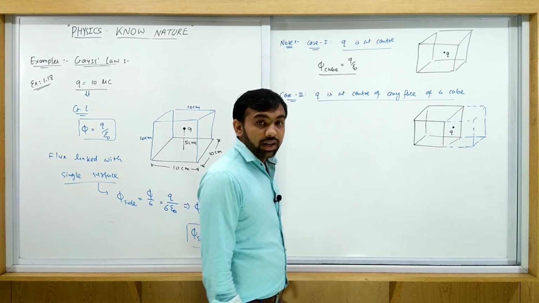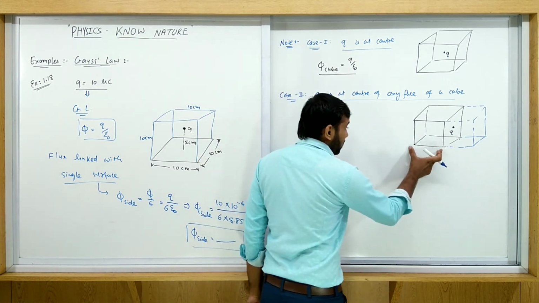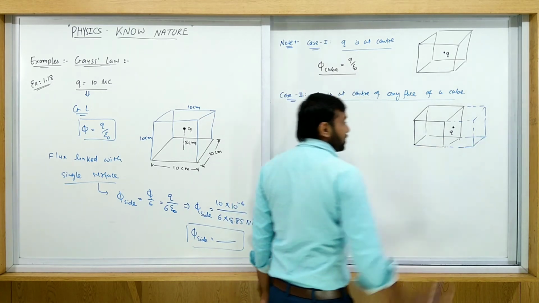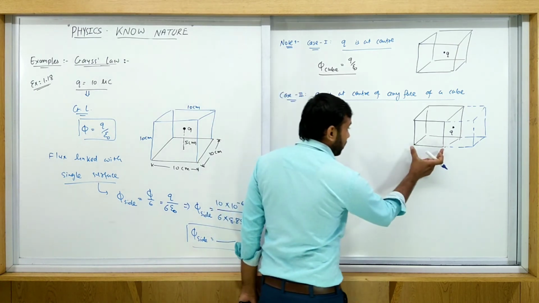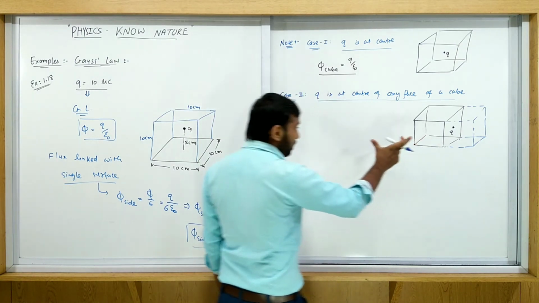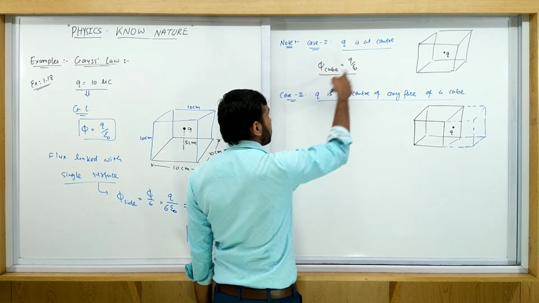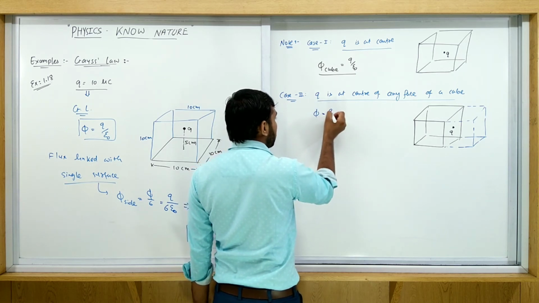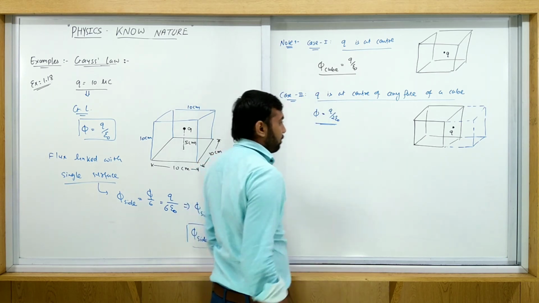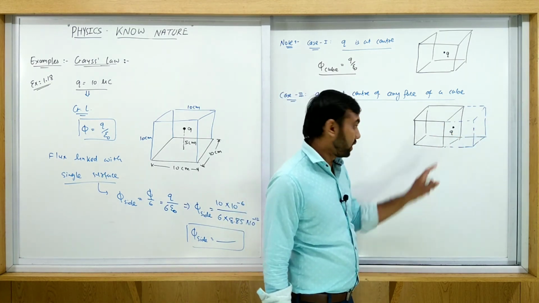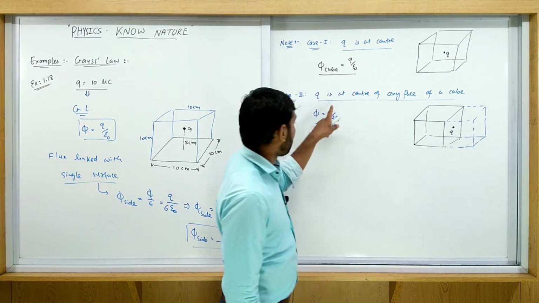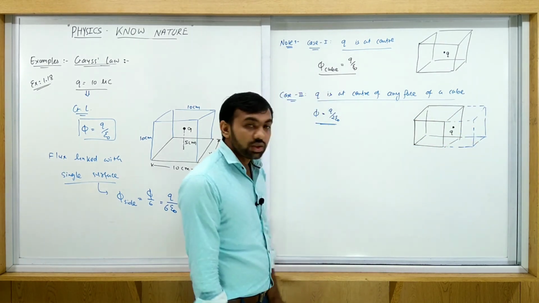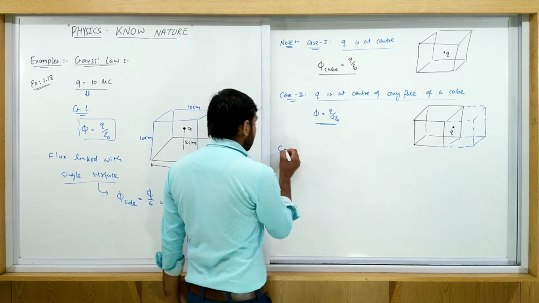Q upon epsilon. But of this total flux, half the flux will pass through this cube, and half through the other. हमें कौन सा फ्लक्स चाहिए? Only this one. So the total flux is q upon epsilon. Half passes through this one, so phi is equal to q upon 2 epsilon. तो टोटल फ्लक्स में से हाफ ही लेना है. अगर ये पूरा क्यूब है तो फिर हाफ कितना होगा? Q upon 2 epsilon.